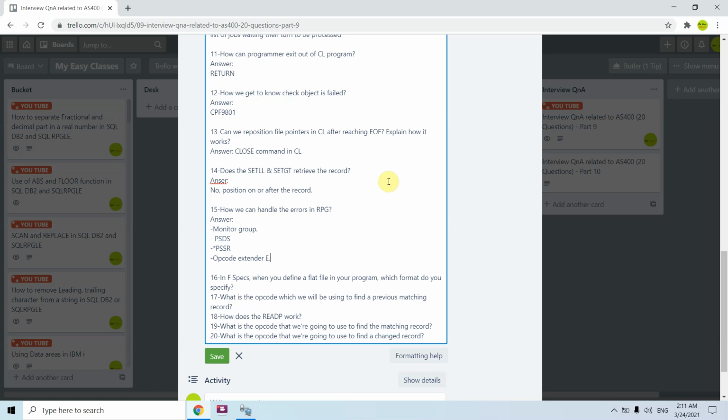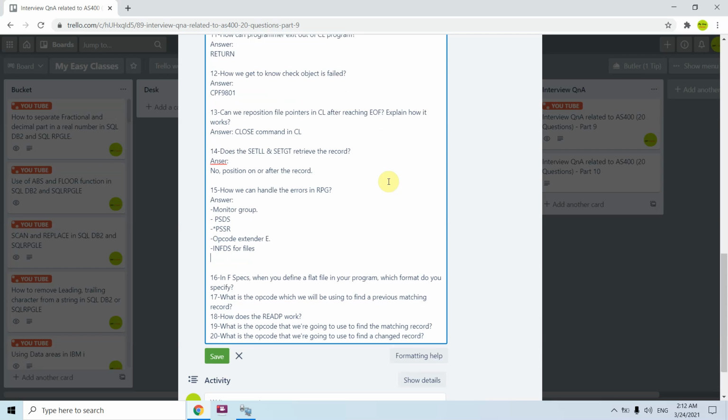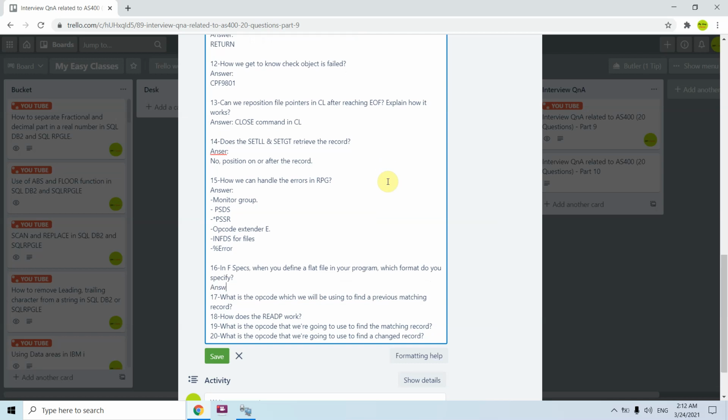Other ones, for example when we are dealing with file exceptions, we can use the INFDS data structure for files, and one more is the %ERROR opcode. So these are the ways through which we can handle errors in an RPG program.